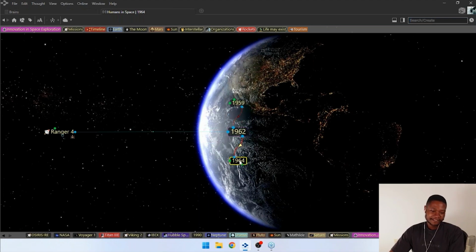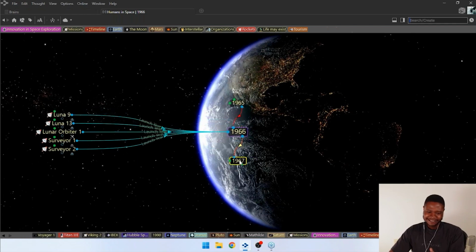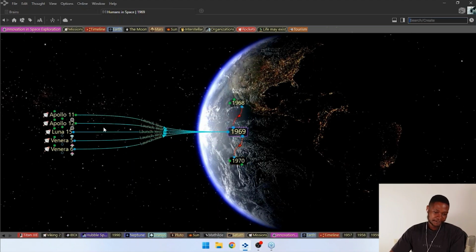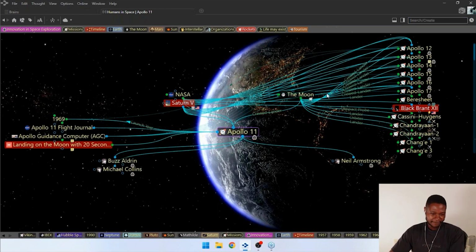And I think this is actually a pretty cool way to progress through this brain, because other than organizations and certain people that have now toured space, you can essentially cover most of this brain by just going through these years, because it talks about the missions, and when you click on a single mission, it'll kind of expand out to talk